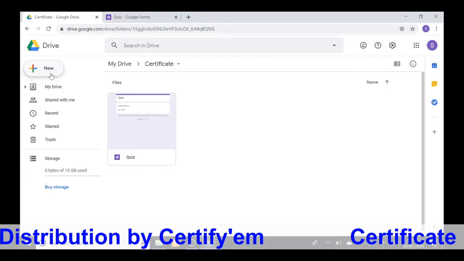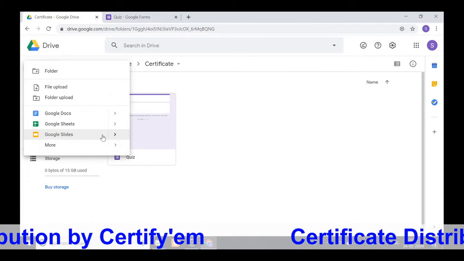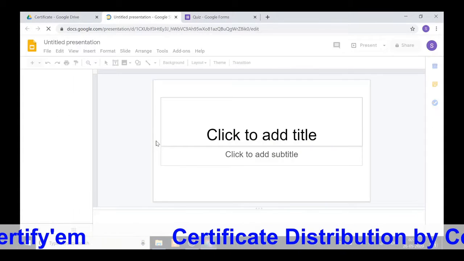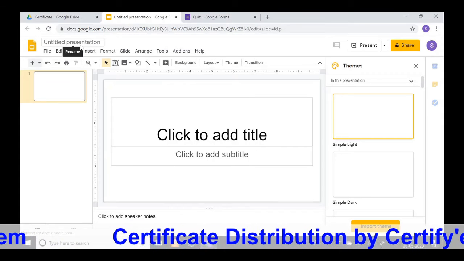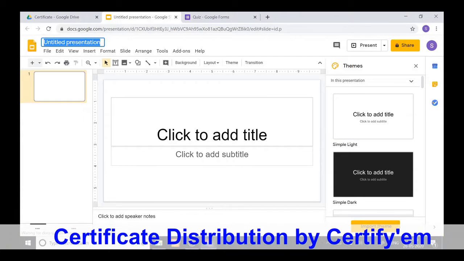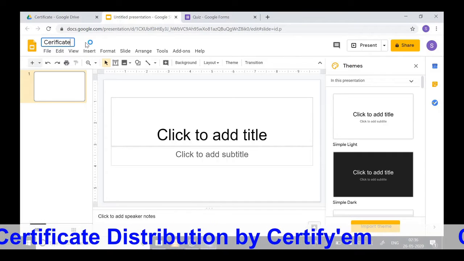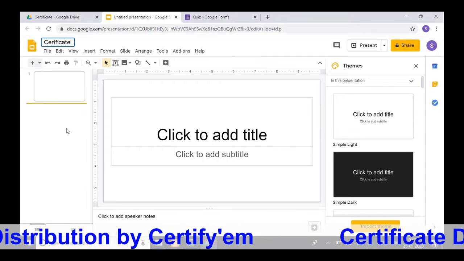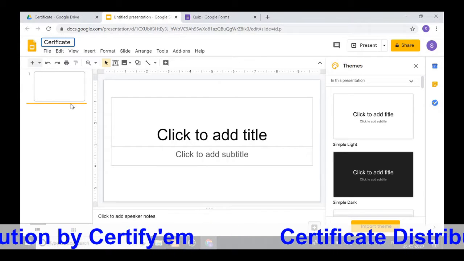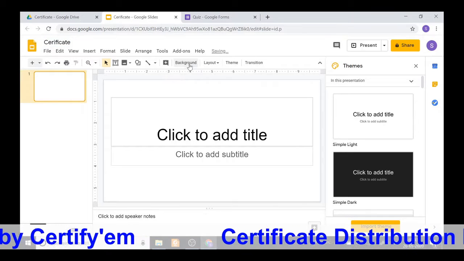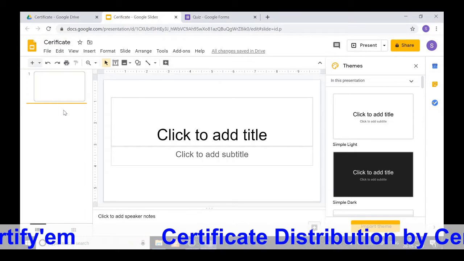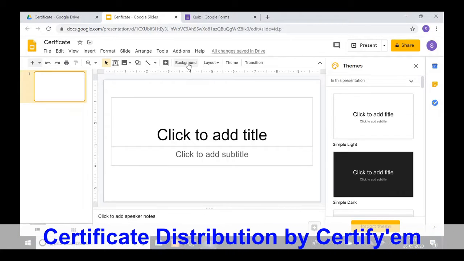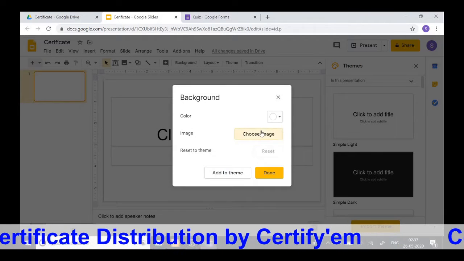Now we have to create one Google Slide for the certificate. First rename the file certificate. Now I have one ready-made background, so I will just add the background. If we click on the slide, then we see here Background. If we click outside the slide, then there is no background option. So click on the slide, click on Background, select image,